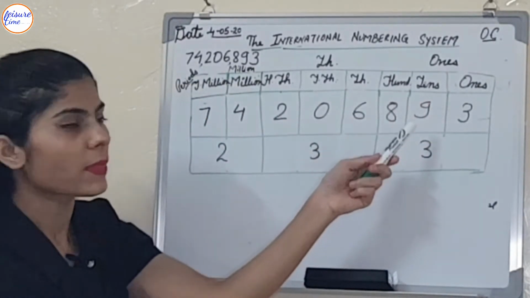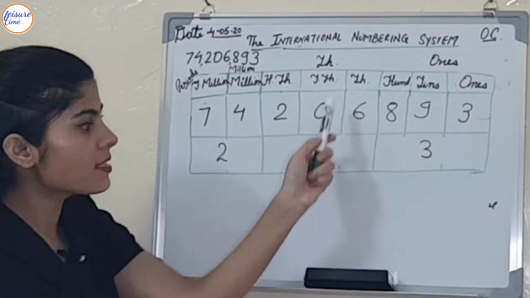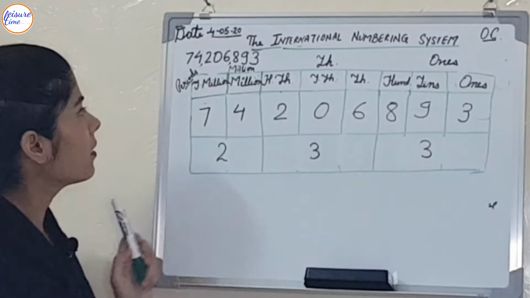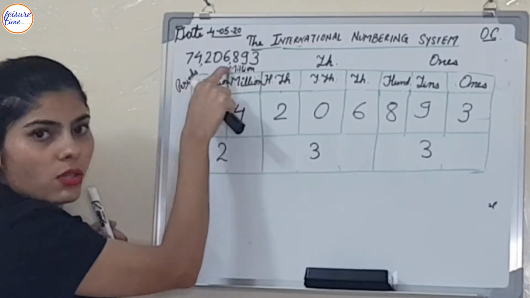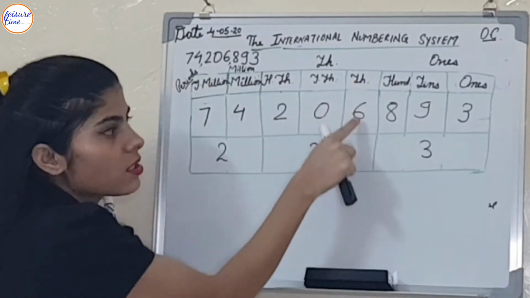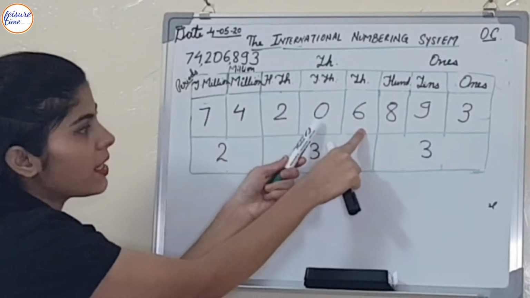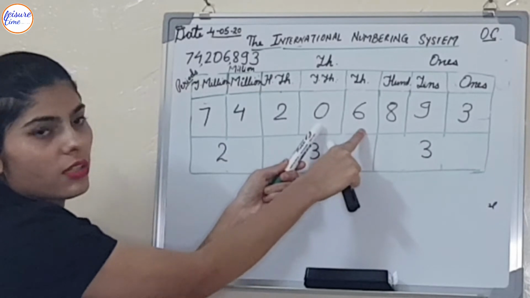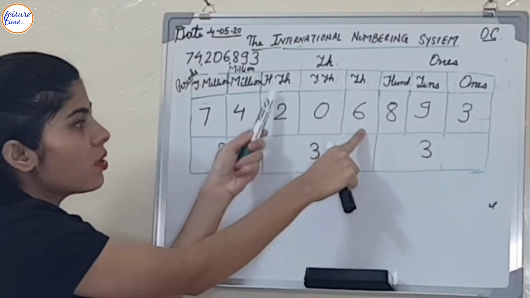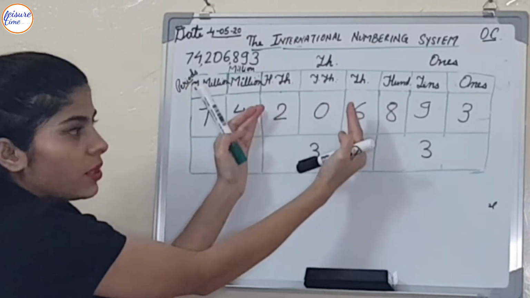This group is finished. Now come to the next group, 1000. How many digits are in the 1000 group? 1, 2, 3. 3. As we already separated it using commas, what is the next digit? 6. So we should place the 6 in the 1000 group. Next, 0. So we should place 0 in the 10,000 position. What is the next digit? 2. So we should place 2 in the 100,000 position. So it means the group of 1000 is completed.